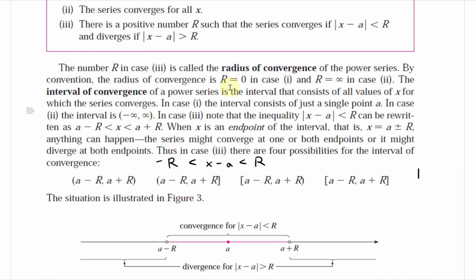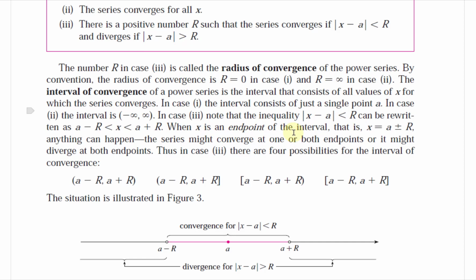And then what you could do here is add plus a to all sides in the middle, and plus over here. So then this just cancels. So now you're left with this inequality: x is less than r plus a, or a plus r, and x is greater than a minus r. All right, now that we've written that, note further,